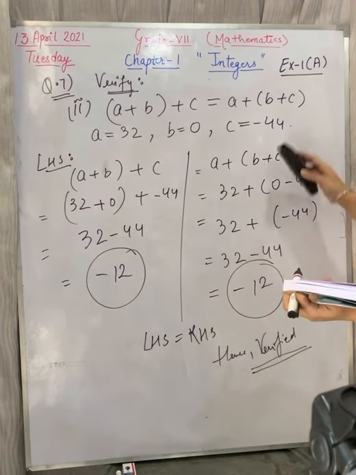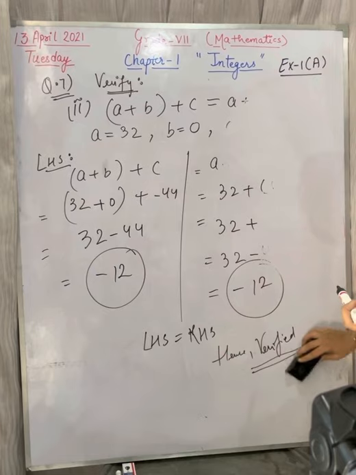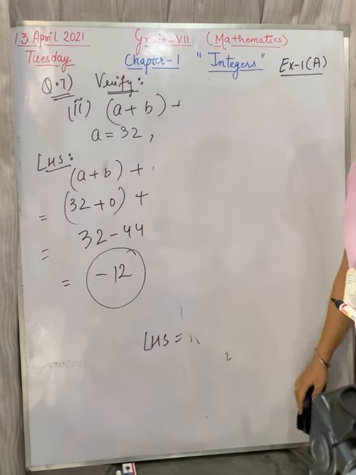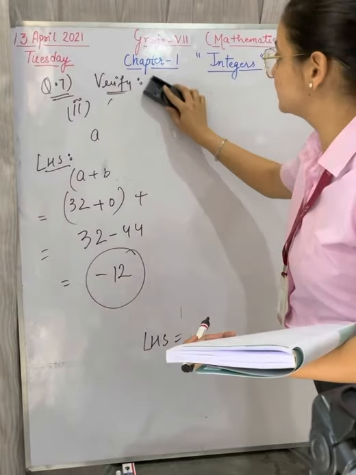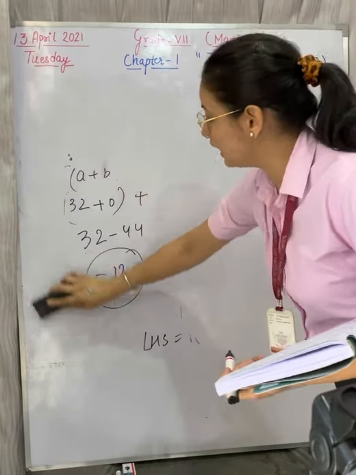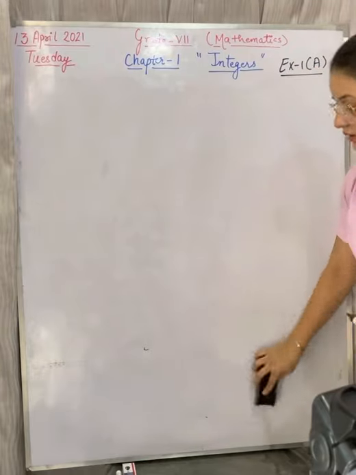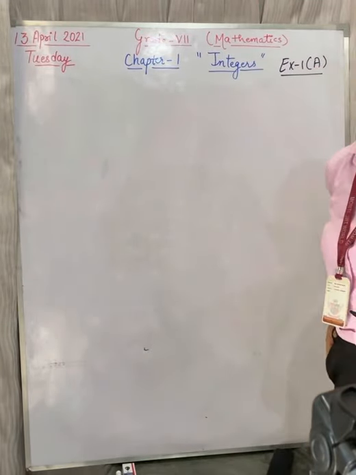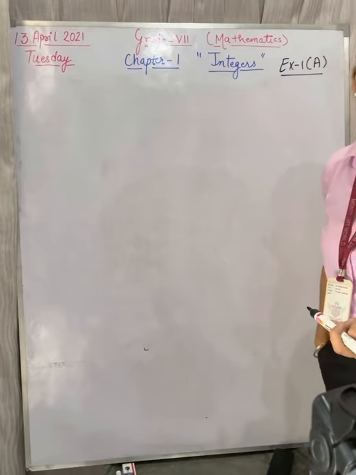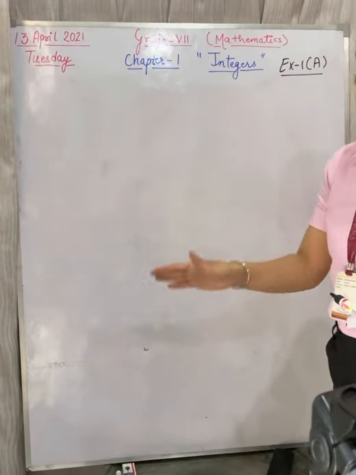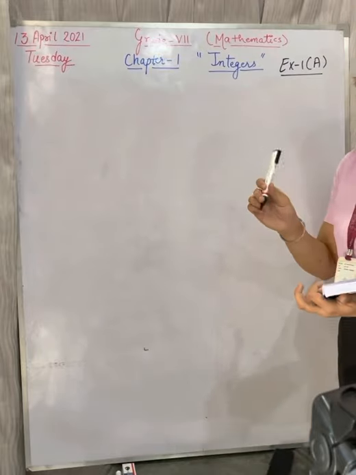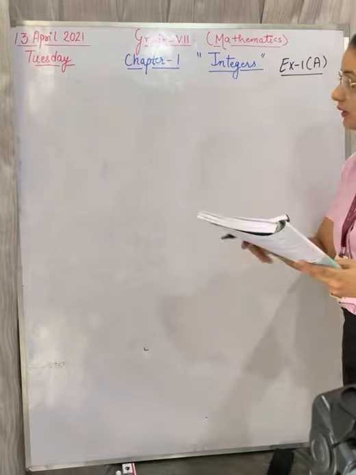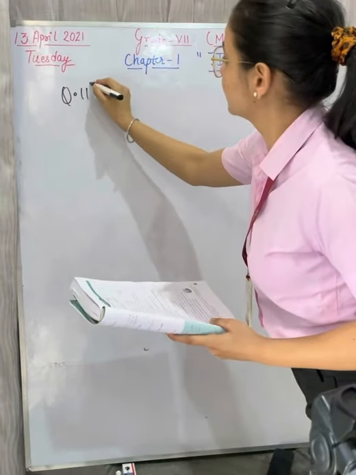Questions 8, 9, 10. In the PDF which I have provided you, the 8th, 9th and 10th questions were solved, and they are based on fill in the blanks. So I hope you are not having any doubt in them. You can do them in the book or in the fair notebook, that is your choice. If you have done it in the fair notebook, it's fine. If you have not done it, then do it with a pencil in the book. It is fill in the blanks. Now let's start with question 11.